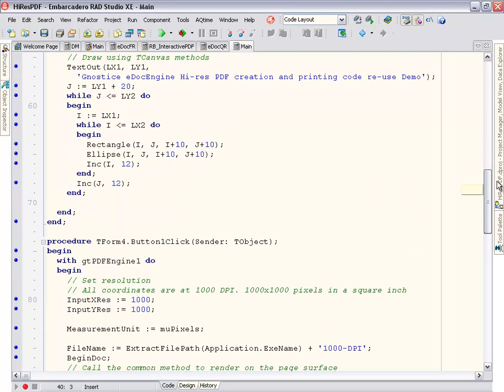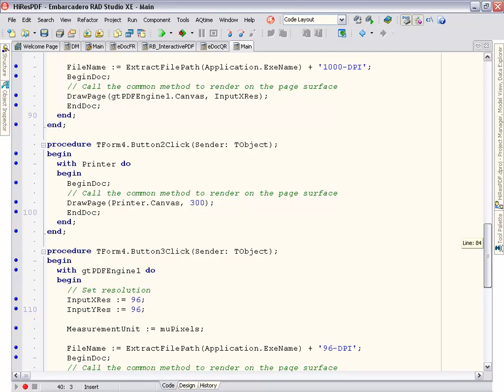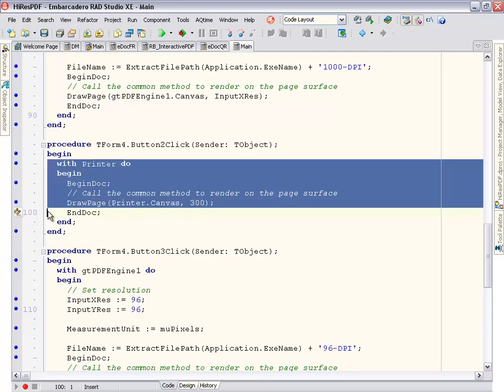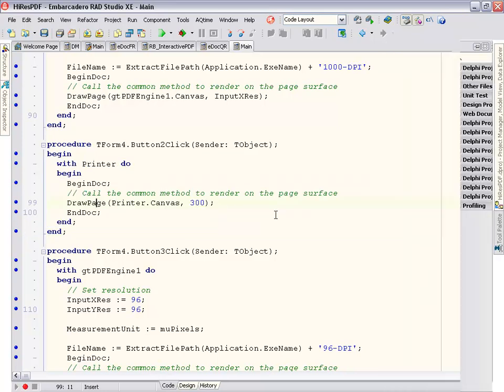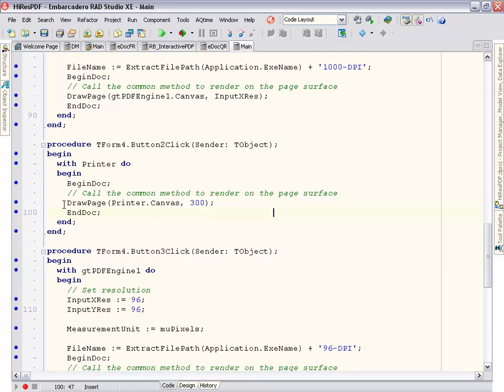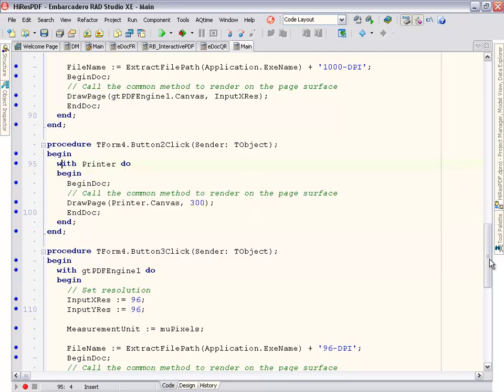And we use the same procedure for printing as well, or actually it would have initially been there in your printing code, and you can just reuse it for creating a PDF document. So again, here we use the same method, passing the printer canvas. So that's the facility that eDoc engine offers to reuse your existing